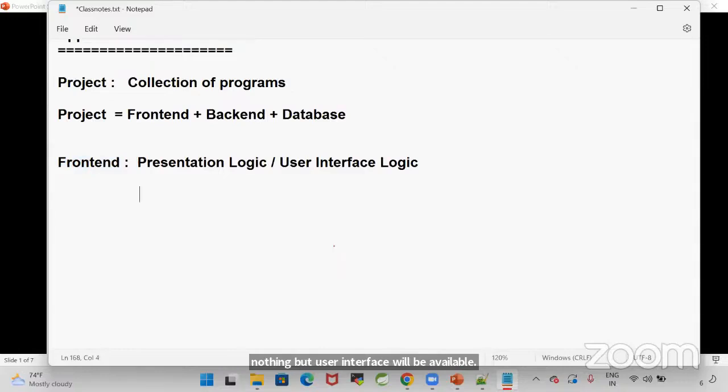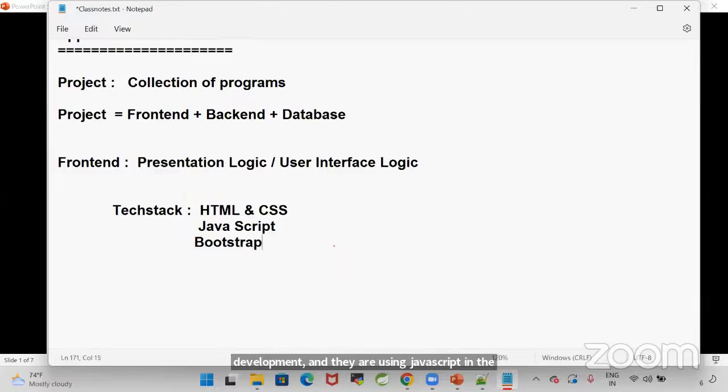So to develop that front end, what are the technologies that people are going to use, guys? What is the tech stack that people are using to develop the front end? HTML they are using for front end development. CSS they are using. HTML and CSS they are using for front end development. And they are using JavaScript in the industry. JavaScript is having a lot of demand. Bootstrap is available, and HTML, CSS, JavaScript, Bootstrap. Along with this, people are using either Angular or React, any one, not both. Angular or React, or some people are going for Vue.js also.